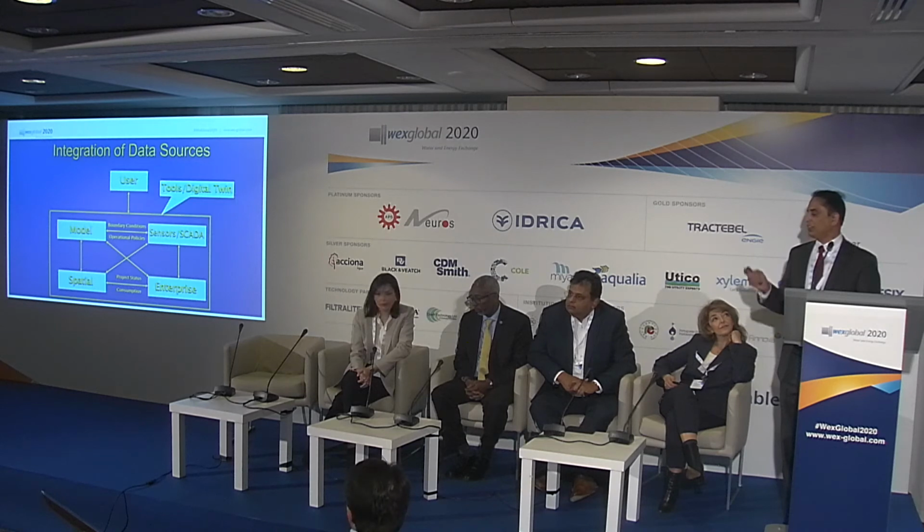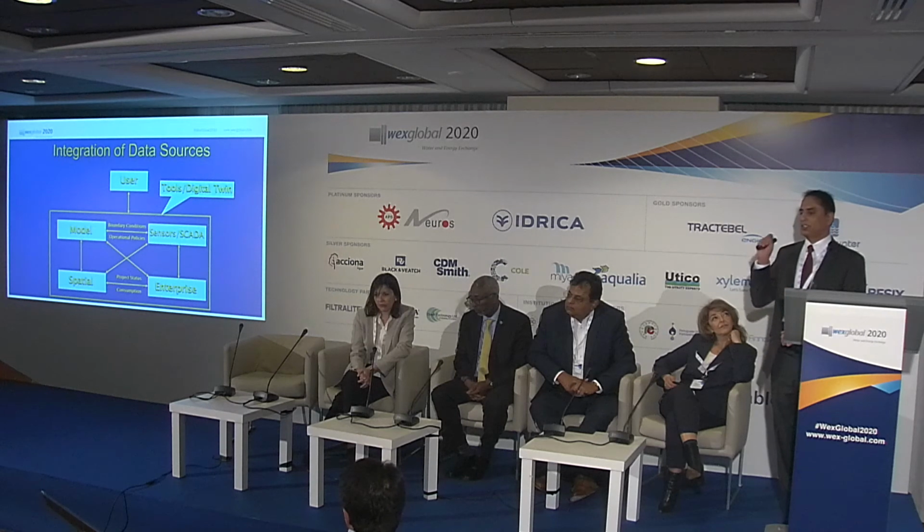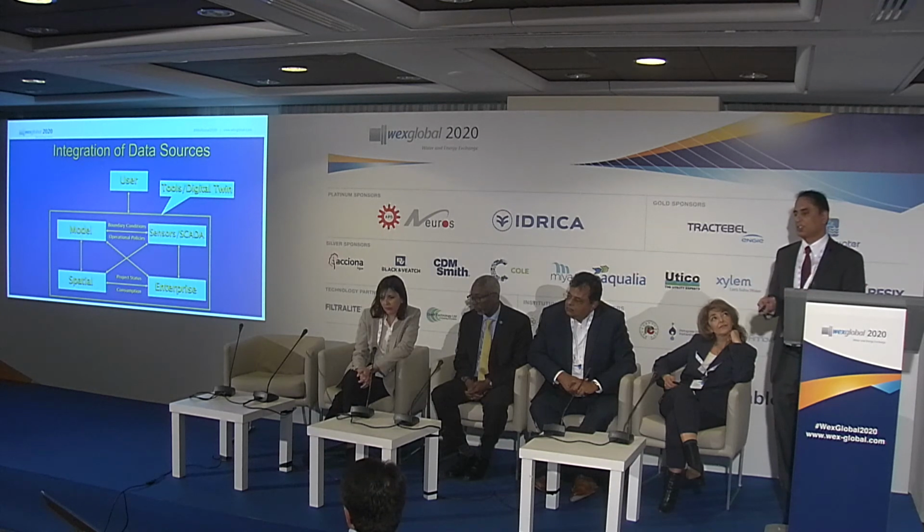So what we did when we looked at this, we said the user, when they want to make decisions, they only need to worry about what data they want to see and what format they want to see. They should not worry about where it is stored and how it is stored. So to integrate it, you need to have a user interface, or digital twin, that's what we call it now. So we put a user interface, and then the user interacts with all this information and how they want to see it. That's the digital twin that we created. So I'll show some examples.